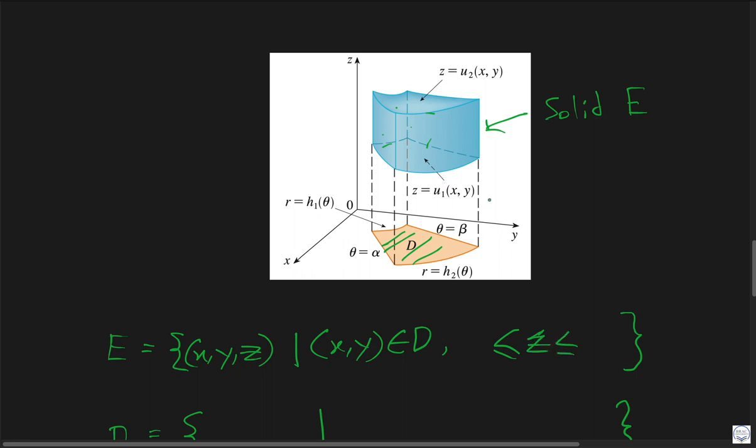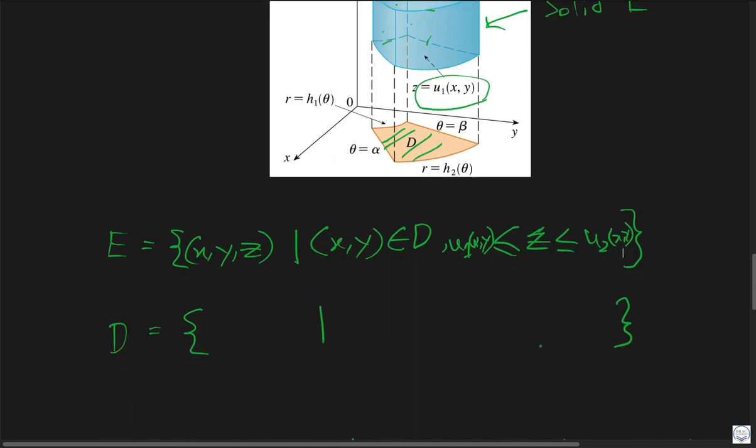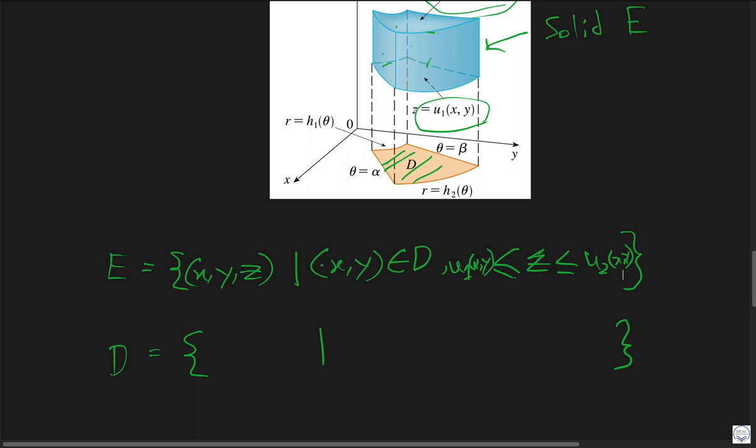and our z is actually bounded by these 2 functions. The first one is u1 of x comma y, and then we have u2 of x comma y, and the points in D can be labeled as, let's write this r theta, it's the same thing, so we've got r and theta,